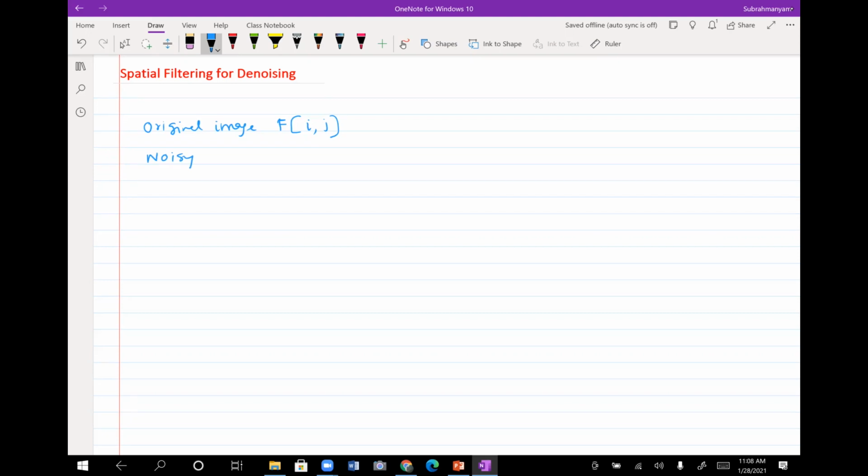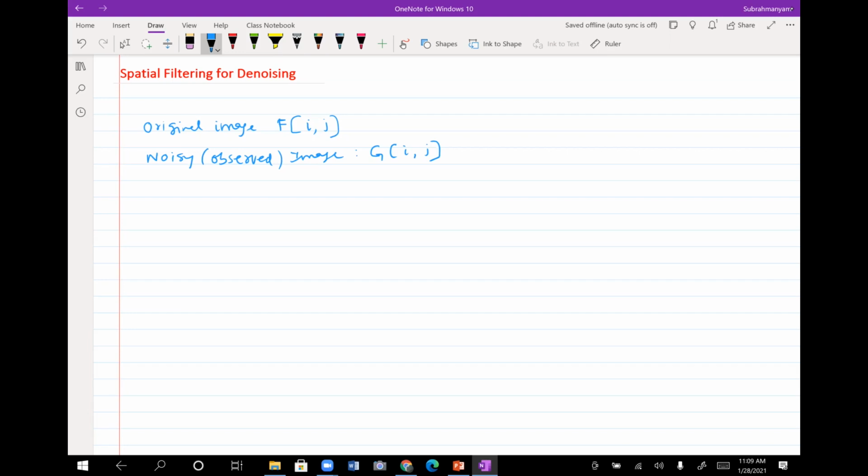And then suppose you have a noisy image; we want to look at denoising, how you could do it. By noisy image I mean whatever image you have observed. That observed image, let me denote it with g of i comma j. Again, since the image is discrete, I am using the square brackets. Otherwise, if it is continuous, usually I use the other type of brackets.